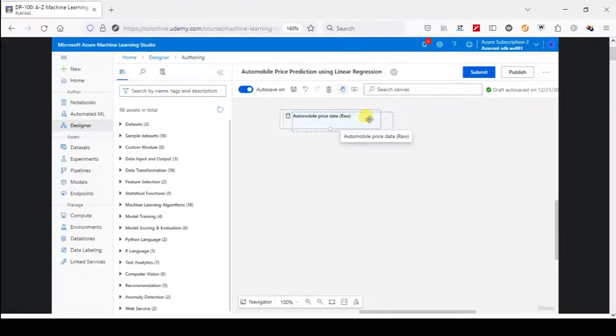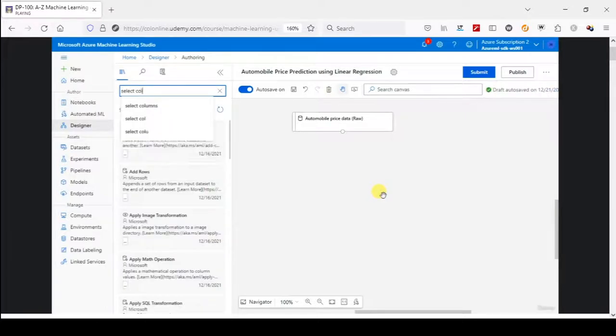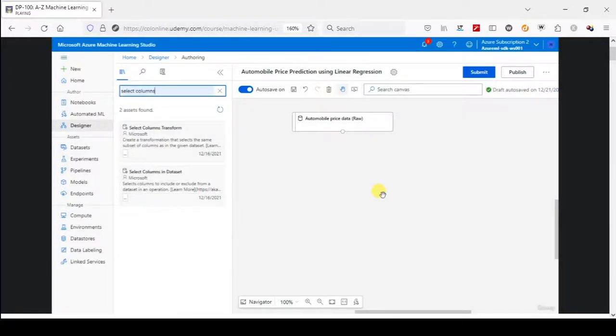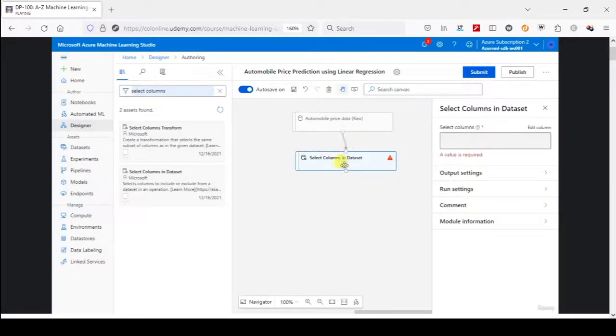Welcome back, and let's now proceed and complete this pipeline. So let's bring in the select columns module here because we want to exclude the normalized losses column. And then connect this automobile price data to the input of select columns, and then click on the edit column